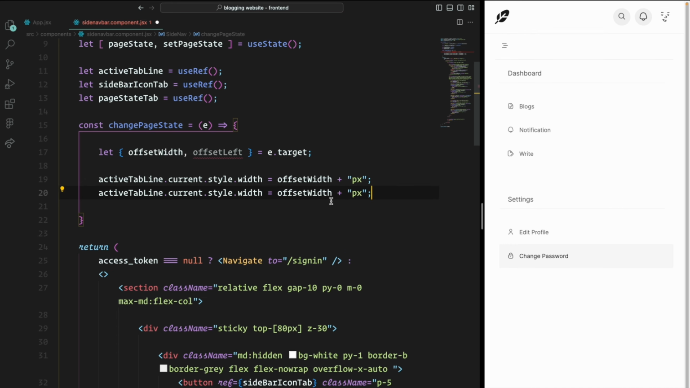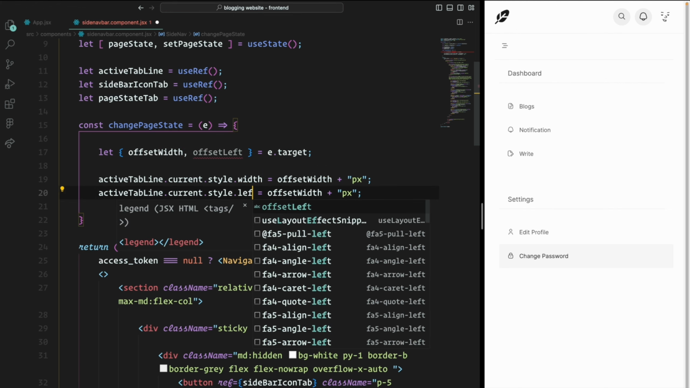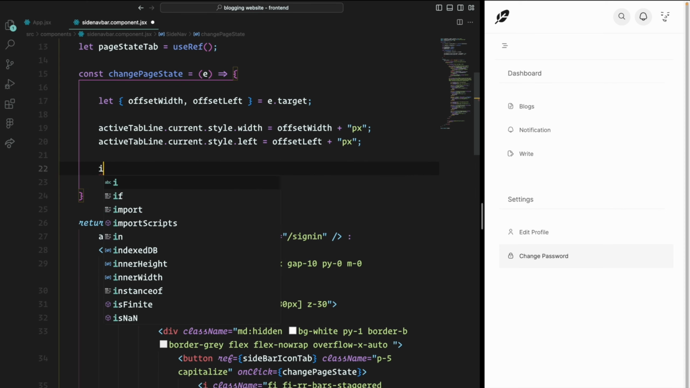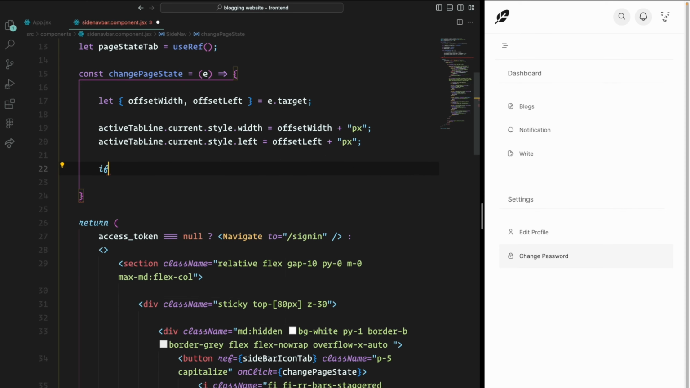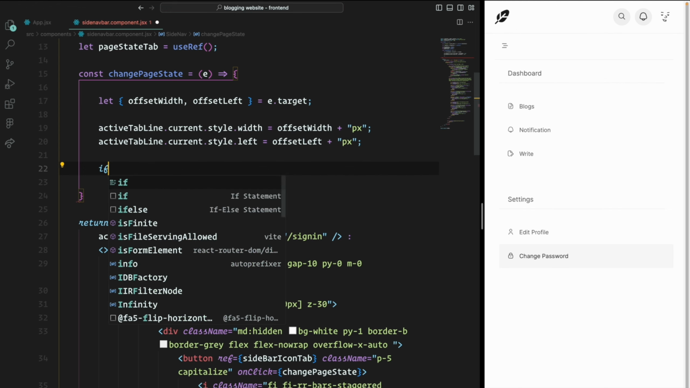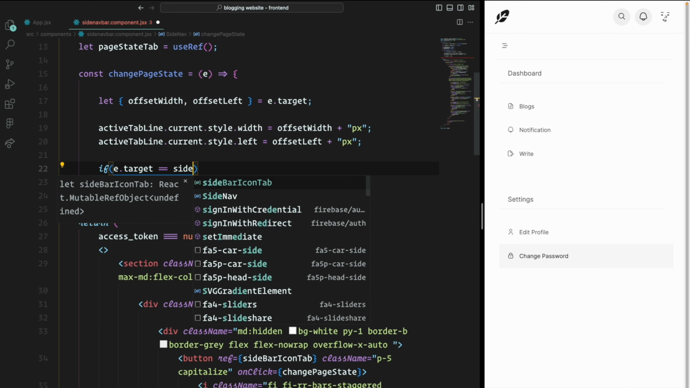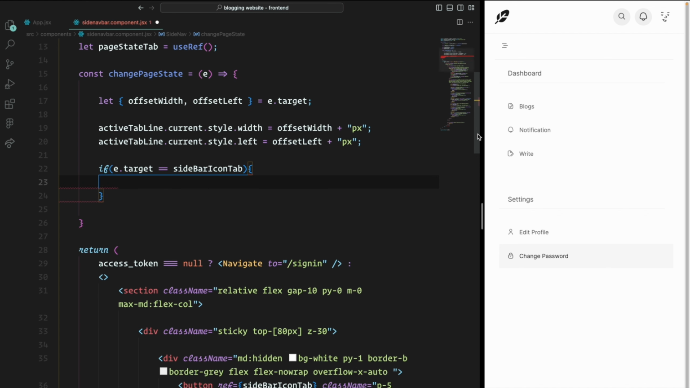I'll just copy it again, and instead of width I'll say left to be offset left pixels, and then I will add a condition. I will say, if e.target equals sidebar icon, which means if you have clicked on this sidebar icon button, in that case what I will say,